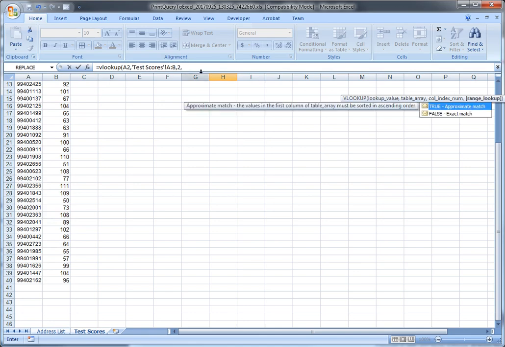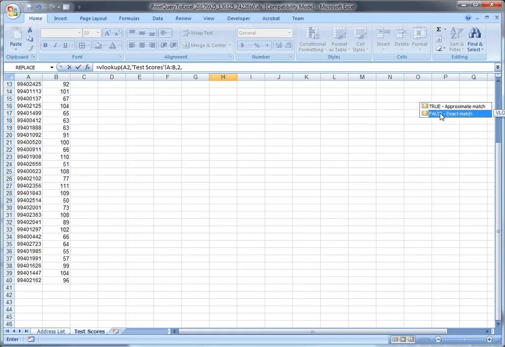Then I'm going to type another comma, and just for ease, it wants us to answer a question, true or false. Always answer false here unless you dig in deeper and know more about what your VLOOKUP function is doing. But for beginners, false is always the option we're going to want to choose. Now that we have all of our arguments, we have our lookup value, we have our table array, our column index, and the answer to that true or false question, which is a range lookup, which is false. I type a close parenthesis, and now my entire function is there. I hit my enter key,